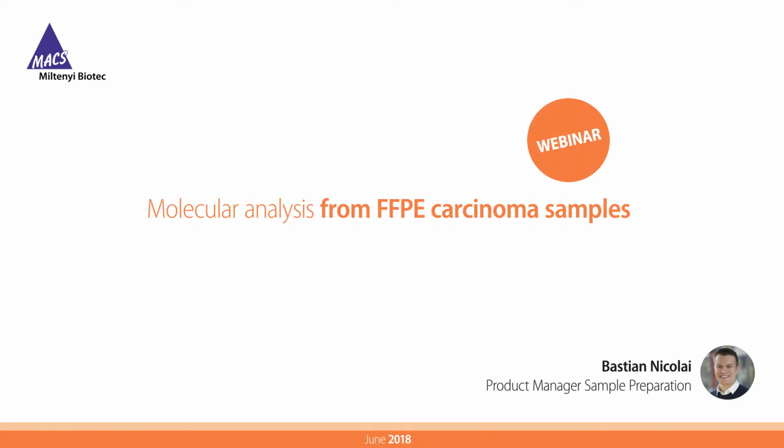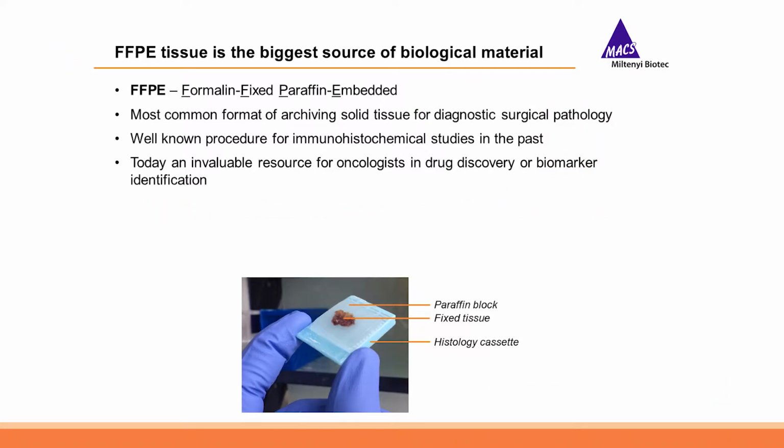To set the stage for everybody, let's start with a brief introduction about FFPE and what it stands for. FFPE is formalin-fixed paraffin-embedded tissue. It's the most common format of archiving solid tissue for diagnostic and surgical pathology. This has been done for decades, and it's a well-known procedure for immunohistochemical studies in the past, but more and more